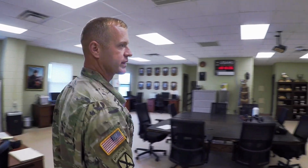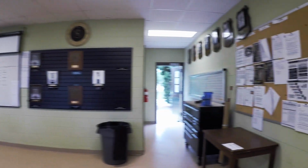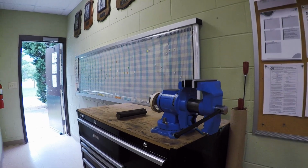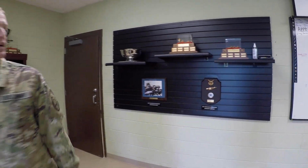Everybody's got computers. We can take care of our day-to-day business. We have our little workbench over here where we set up our rifles, we set up the scopes, adjust weights, adjust triggers, all that stuff. It's important if you're going to be out here on the range every day, to be able to adjust your gear as you need. A few of the trophies that we win, we keep these updated from year to year, but as you can see, some of the plaques are a little bit outdated,